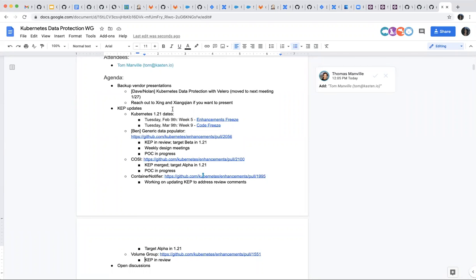So I think we don't have a complete 1.21 release schedule yet, but we do see the KEP merge deadline is 1 month away, February 9th. And then the code freeze deadline is March 9th. So they're coming. And also, this time in 1.21, the release team actually has changed the process a little